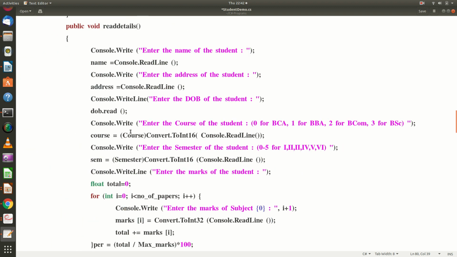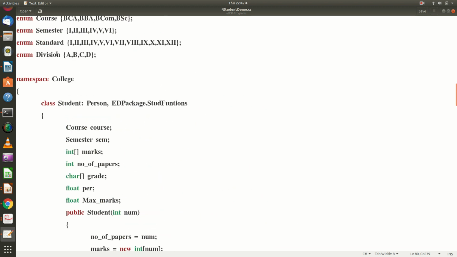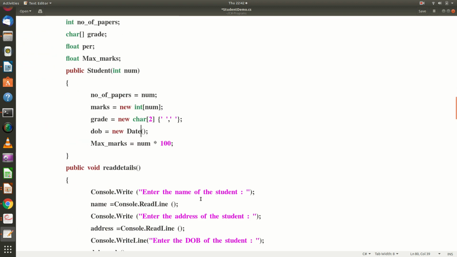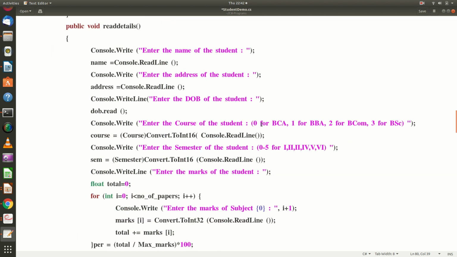Then you are going to read the course of a student. Course is actually declared as an enumerator data type. So 0 value will be for the first course, 1 for the second course, 2 for the third course, and 3 for the fourth course. So I asked the user to enter 0, 1, 2, 3. Accordingly, the value will be assigned for the course.